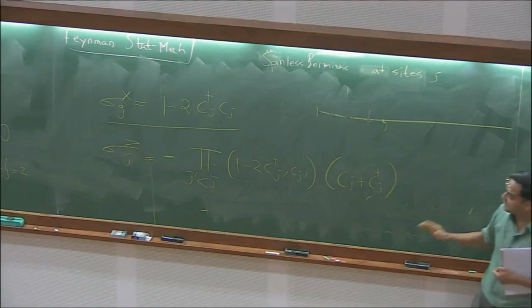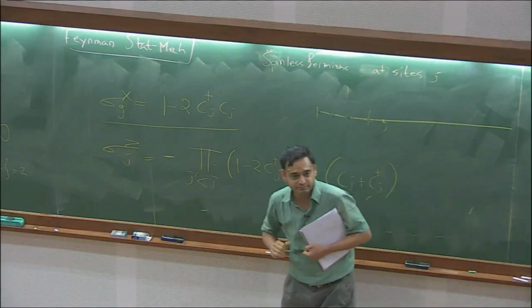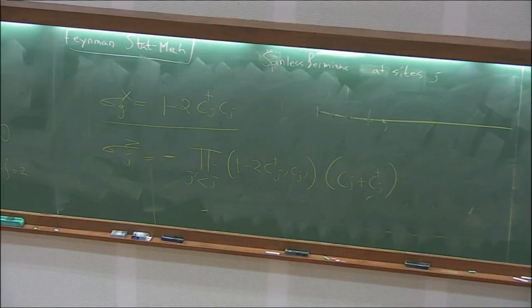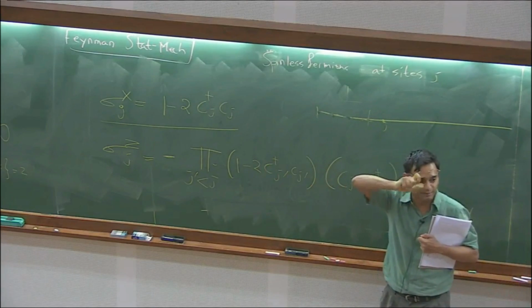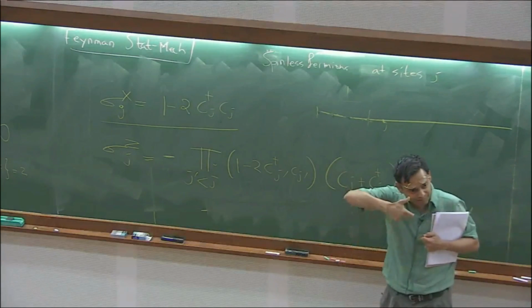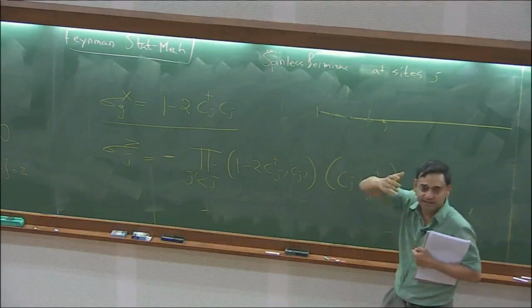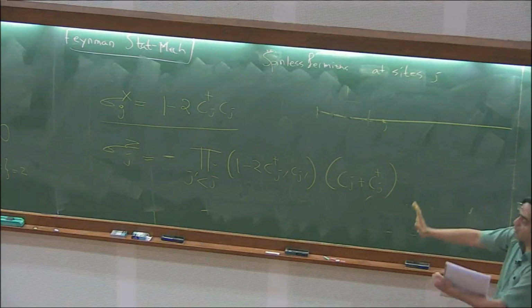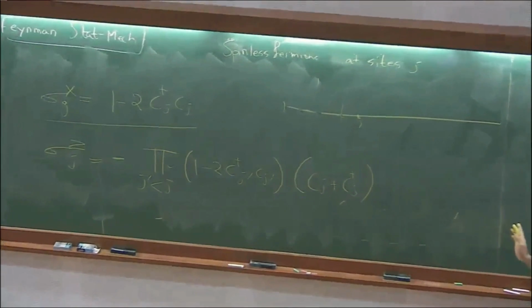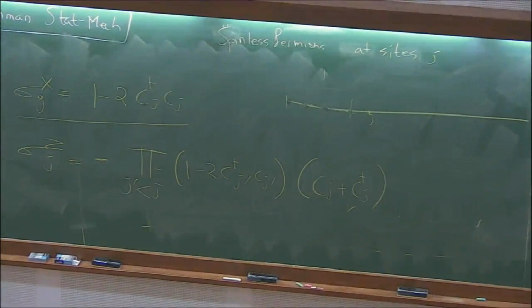The claim is that this is a legitimate change of variables. So it's clearly legitimate in the sense of the size of the Hilbert space. Every site there's a two-dimensional Hilbert space which you can say is fermion present or absent. That part is okay. Now you have to check that all the commutators on one side and anti-commutators on the other side work out. Right? So that we can check. Before checking it, let's just write the inverse relationship. Let's just write other pieces of this correspondence down.